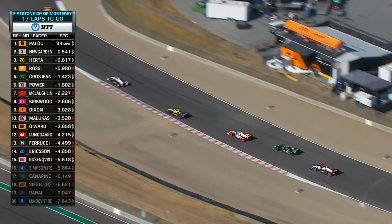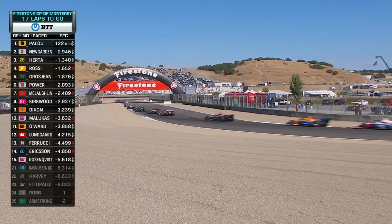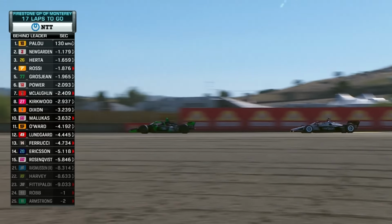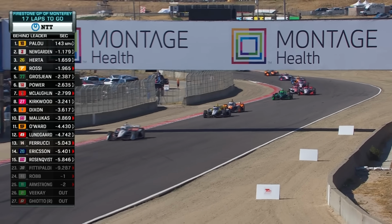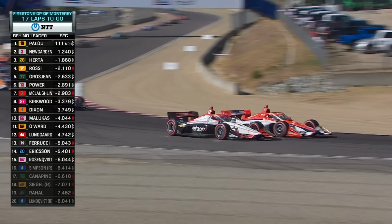Now he's got to go defensive against Grosjean into 3, but Rossi on those reds, they're going to be a little bit better for the first couple corners. Herta again sliding out of turn 3, punishing the rear Firestones on that 26. Kirkwood back there in that pink and white Auto Nation car might have to save a little bit as well as